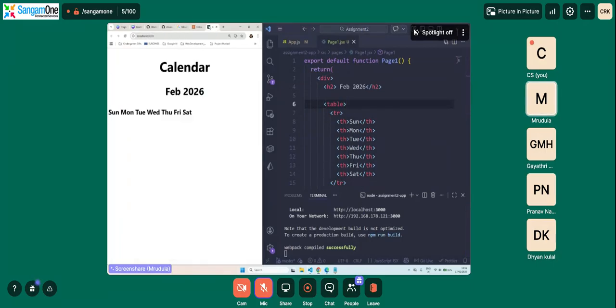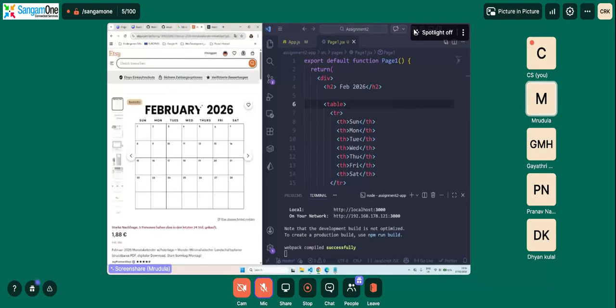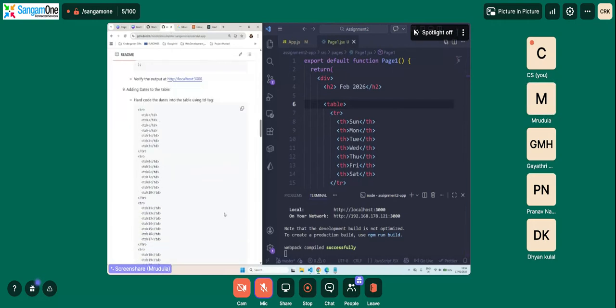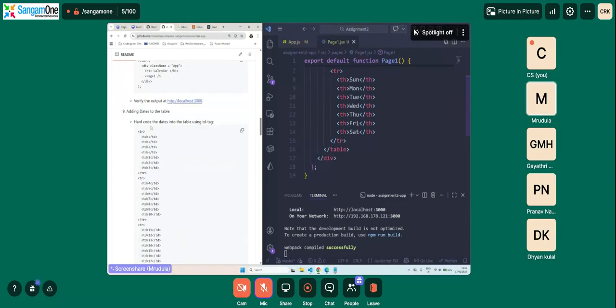Okay, so let's go back here and see. See, you can see everything here, right? So Sunday, Monday, Tuesday. So everything is hard coded here and it is getting displayed. So we have no worries about that. Okay. So next, what we need to do, we did the February 2026. We did Sunday through Saturday. Now we need to display the dates. So we will go back here and we make use of this. Okay, this was created for January, but it doesn't matter right now. We will just copy paste it and then we will update the dates.